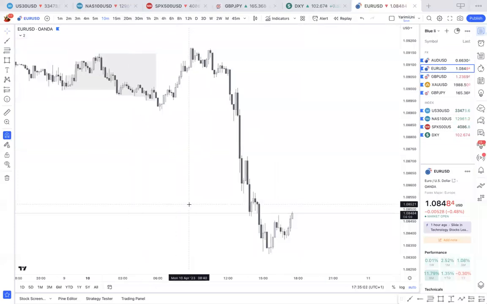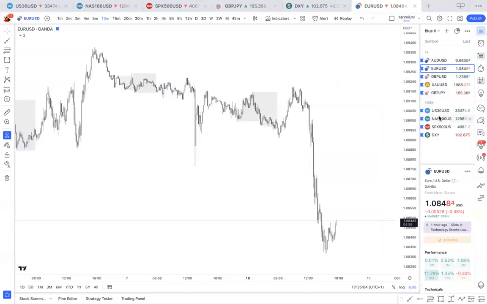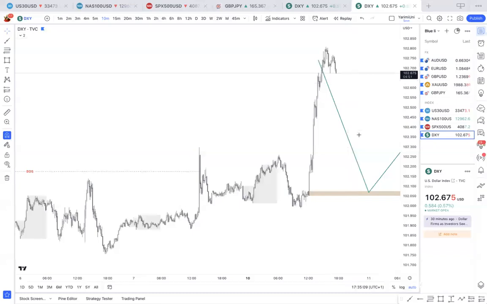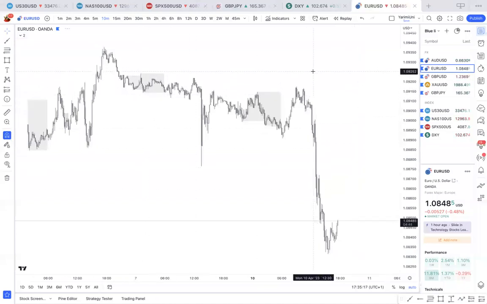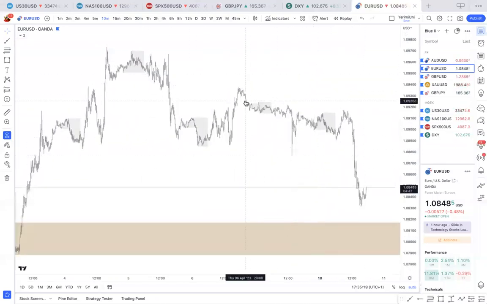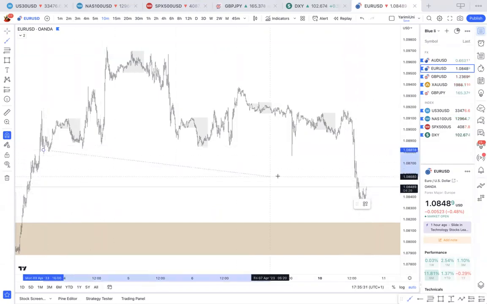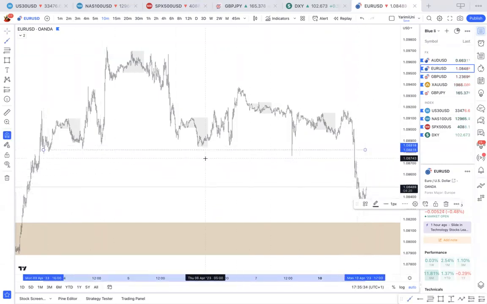So in regards to Euro USD now, the dollar, when we looked at that, is bullish and we're expecting it to come back down, which it is right now. So for Euro USD, we'd expect it to now make that move back up into these areas. As you can see here, there's no analysis that I've actually put on, so we're going to quickly add that in. Now, one thing, to be fair, it's already gone, but you can understand why price came here. There was a lot of liquidity from here. This is all support that retail traders.